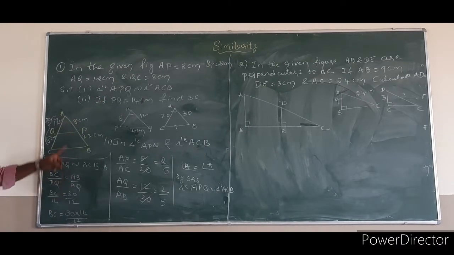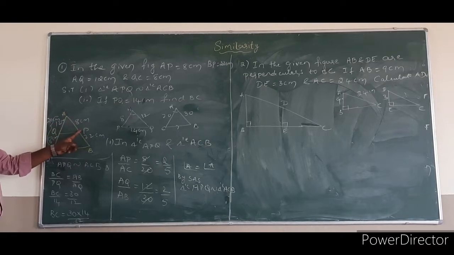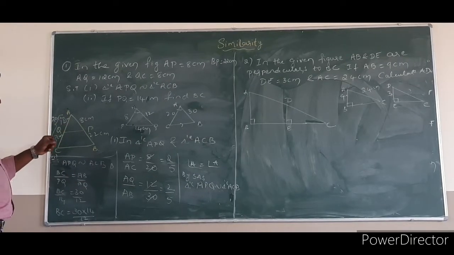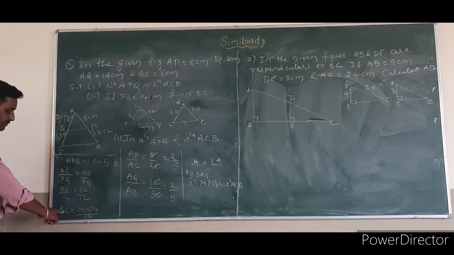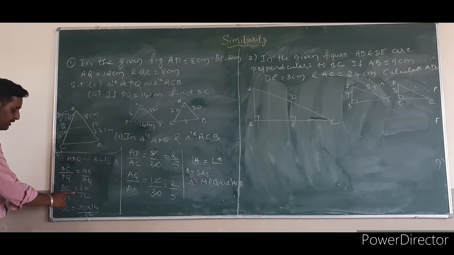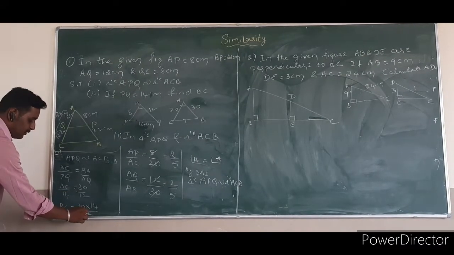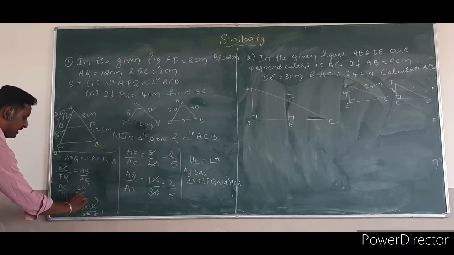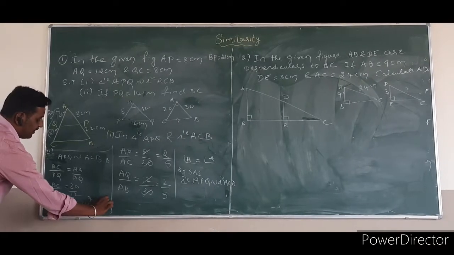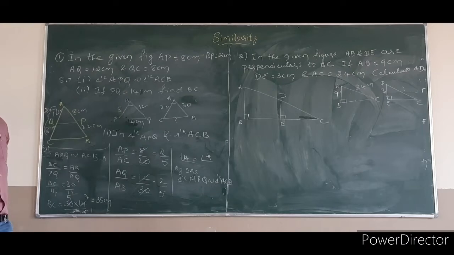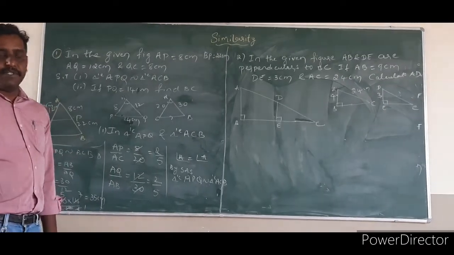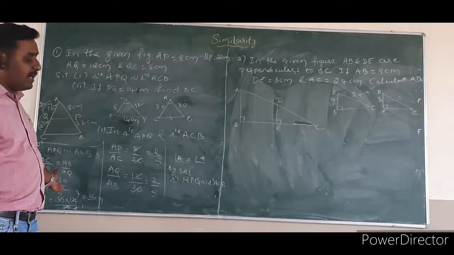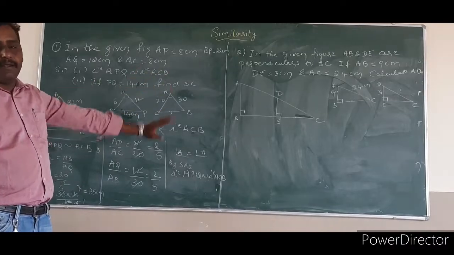Put in the place, and then AB. If you want AB, you have to add AP plus PB. 22 plus 8, 30. AQ value is 12. So next, you can cross multiply. BC is equal to 30 into 14 divided by 12. 2 6s are 12. 2 7s are 14. 6 1s are 6, 6 5s are 30, 5 7s are how much? 35 centimeter. So BC is equal to how much? 35 centimeter. So like that, by SAS postulate we can prove first similarity and then take corresponding sides are proportional and find the value of the length BC.